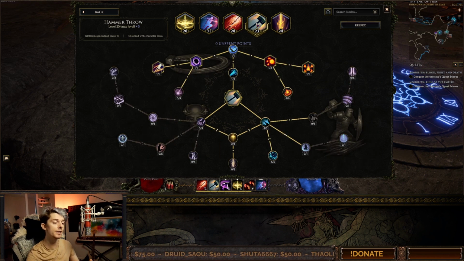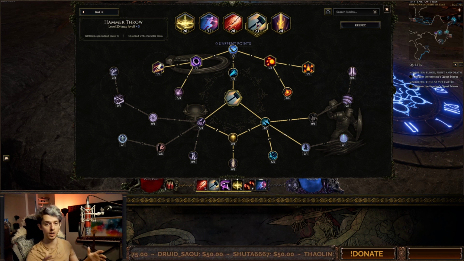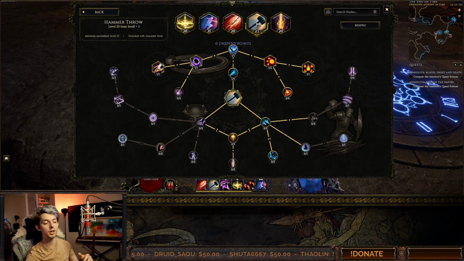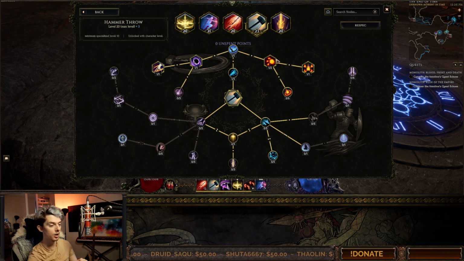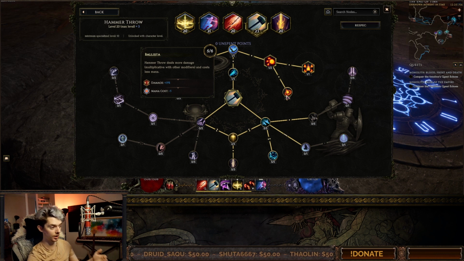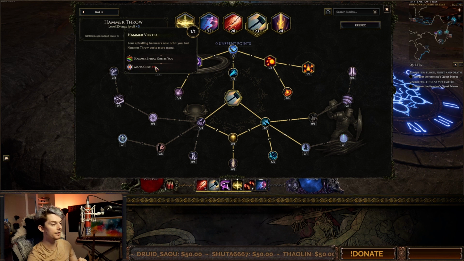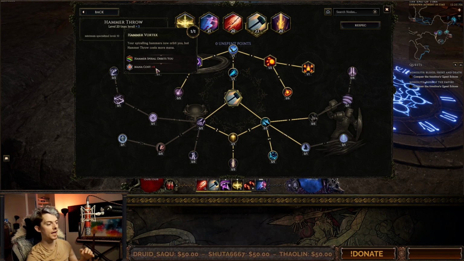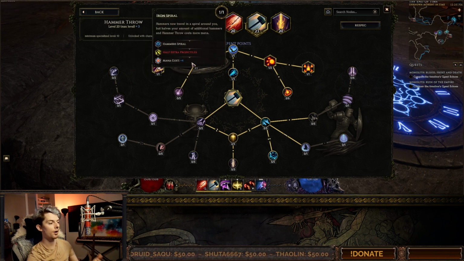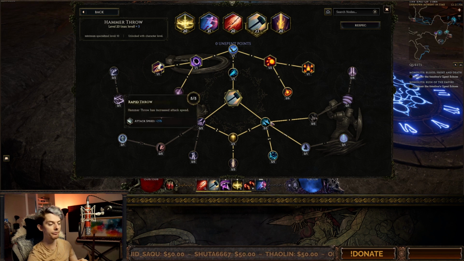Next off, we're going to talk about Hammer Throw. Hammer Throw is kind of our clear/support skill. It's going to be doing some armor shred. It's also going to be Nova spiraling around you and proccing a bunch of smites with our idols. So first of all, we're going to want Catapult into Avatar of Spire, and then as many points as you can get into Ballista to make the mana cost go quite down. You're then going to want Hammer Vortex to make the hammer spirals orbit around you, and Iron Spiral obviously to make the hammer spiral, taking as short amount of points as you can through here,